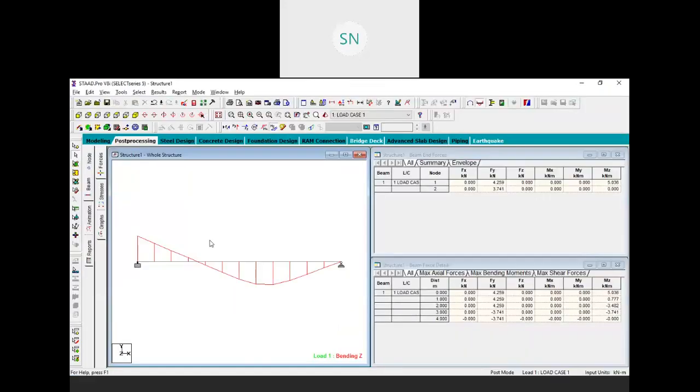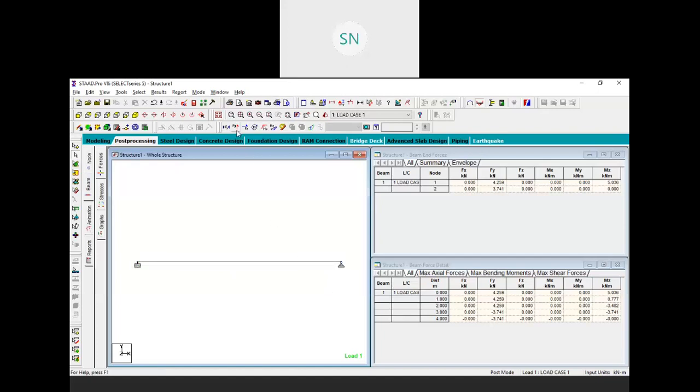Okay, so this is our bending moment in Z. If you turn this off and turn on the other, that diagram will be shown to you. But over here we have only two things, moment in Z and shear force, force in Y. Shear force in Z is also not applicable in our problem, and moment in X and moment in Y are also not applicable in our problem because we have only a single beam.